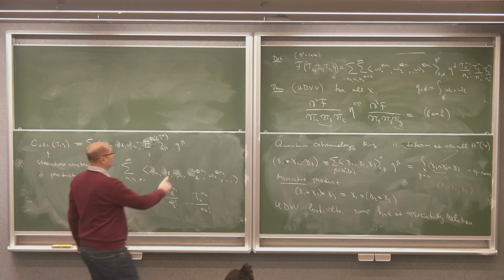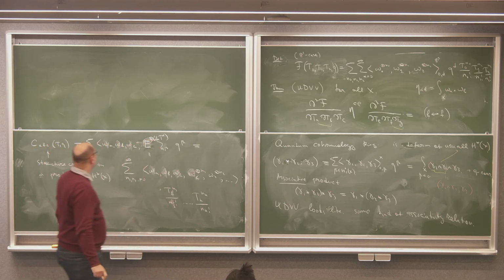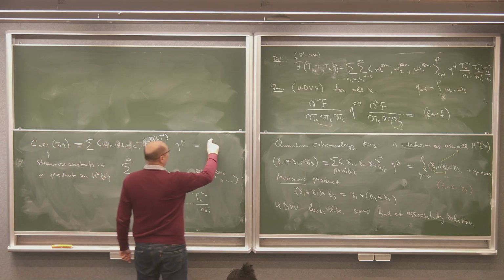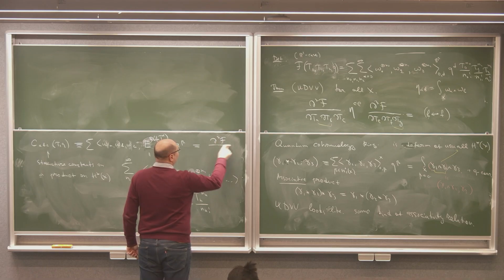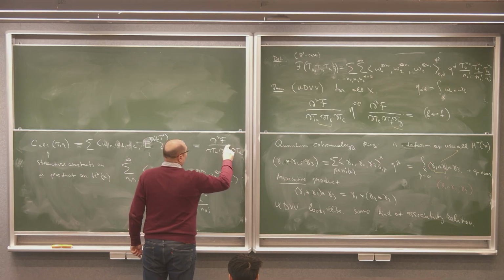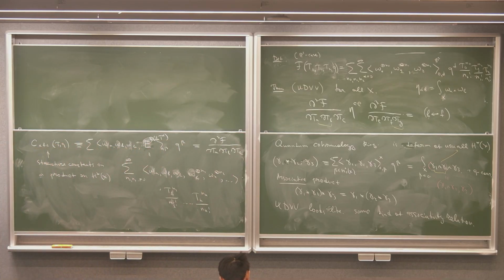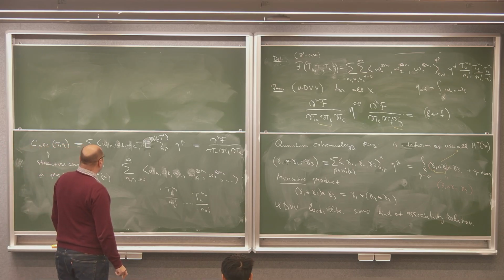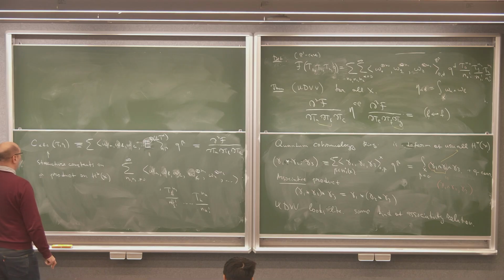So then it's not hard to see that this object defined by this formula is nothing but a third derivative of a structure constant with respect to TA, TB, and TC. And we can also notice